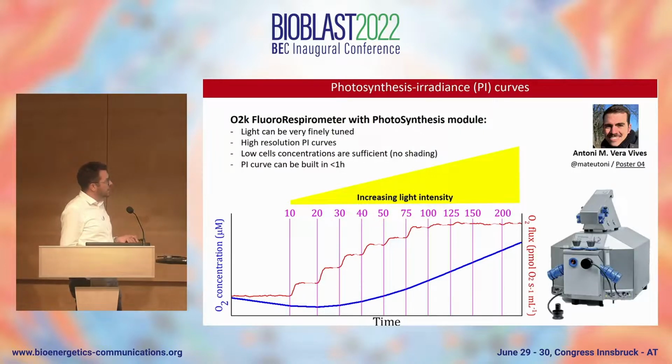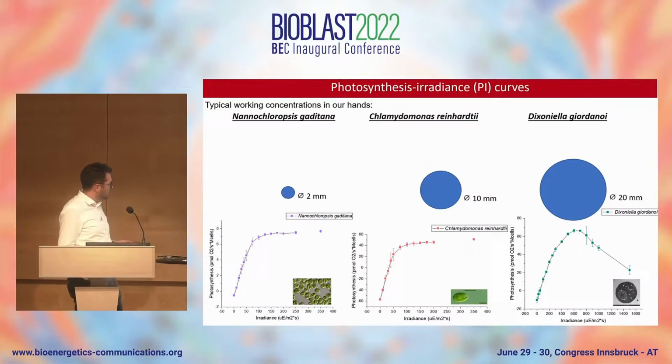And so one of the typical experiments is a classical experiment called the PI curves. So basically you increase the light intensity in your sample and you follow how the photosynthetic activity changes. And what you get is a curve like this. Depending on the increase of the light intensity, you see an increase in photosynthetic activity. When the light is low, you have a linear correlation because the light is limiting, but then you reach a saturation because some other factors that are not light become